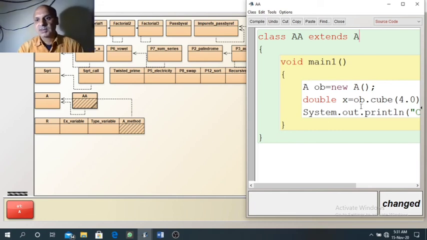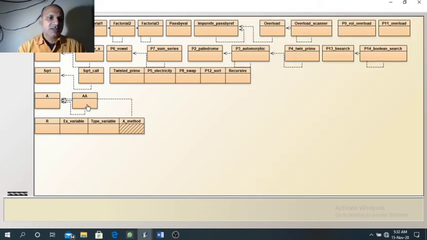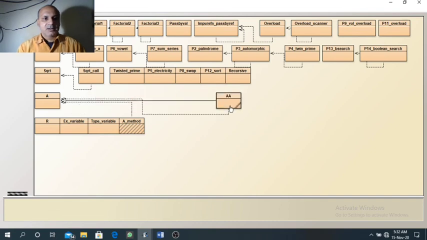This is the syntax to inherit a class in another class. So if we compile now, you can see it is compiling. Now the strips are removed. But you can see a dark arrow here.